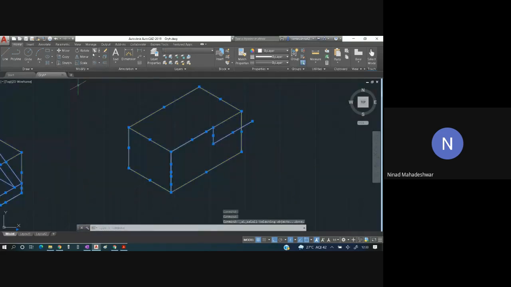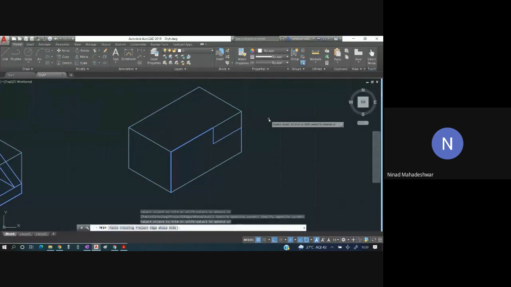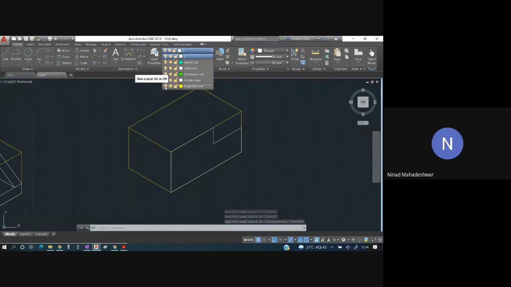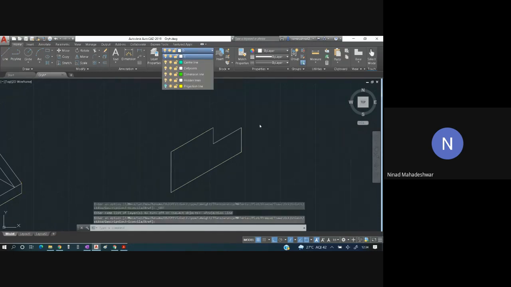In this section. Okay, once this is done, select line again. Then from this end point or intersection, go down and join it over here. Okay, if I switch off the bulb of projection line, what you are going to see is this entire part.